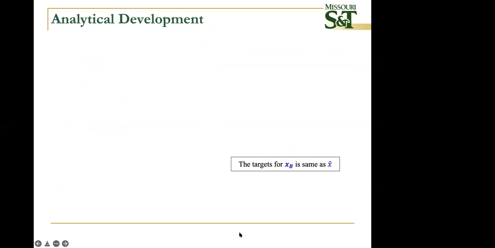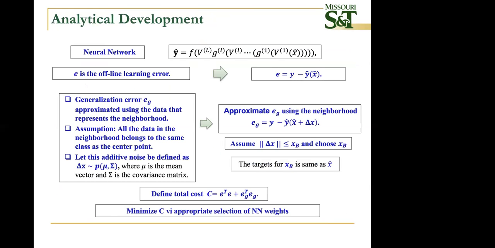Okay. So in the analytical development, the goal was to formulate this problem as an optimization problem. So you basically define a quadratic function in terms of the generalization error. And then the goal was to reduce that error. The error is defined as the actual output of the network and the target value. And then the goal was to minimize that. And that's what you're doing, y minus... You're basically looking at a small change in the neighborhood, x hat plus delta x, a little perturbation, and that is bounded. You don't want to take a large step.